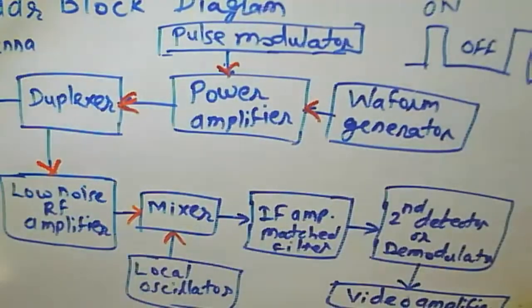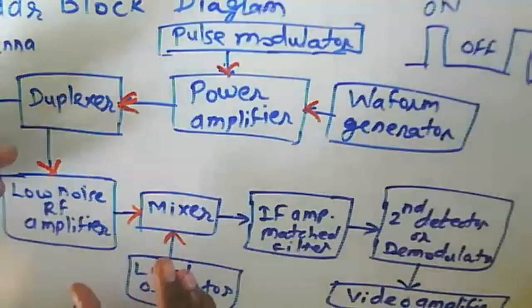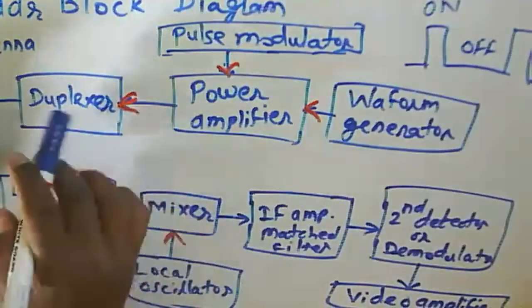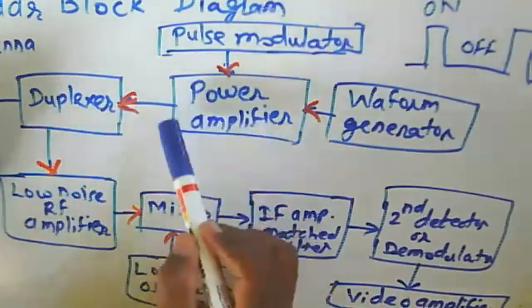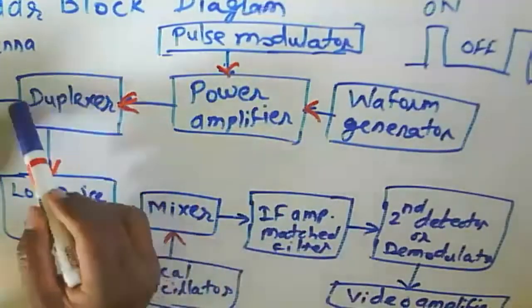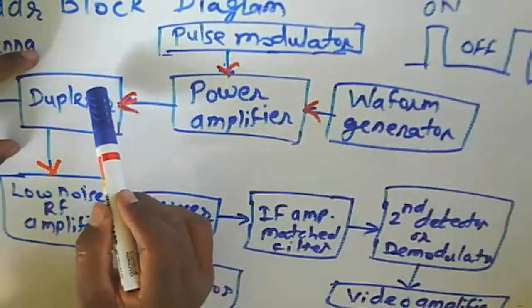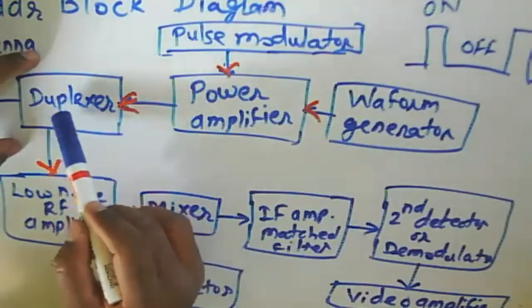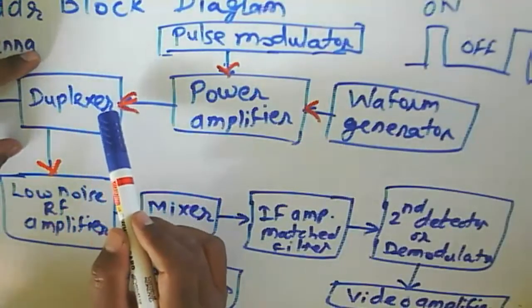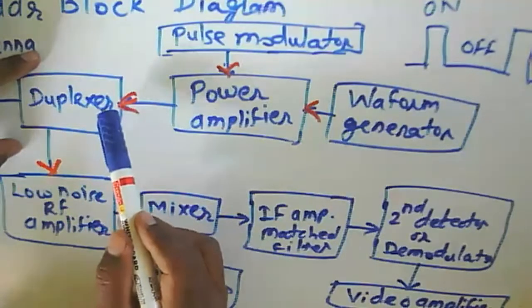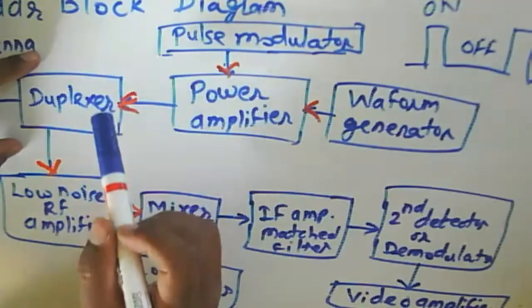Already we have discussed the pulse repetition frequency. The same thing is applicable here for your signal. Now, once we say that a high power signal is generated, then we are supposed to use a switch. A switch is nothing but a duplexer. The duplexer is a device, and it consists of a solid state component, a circulator,